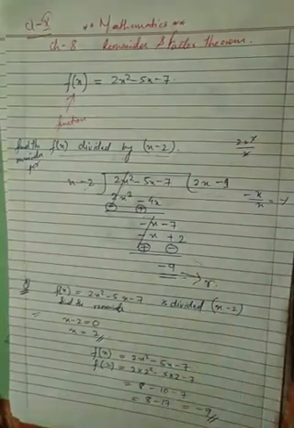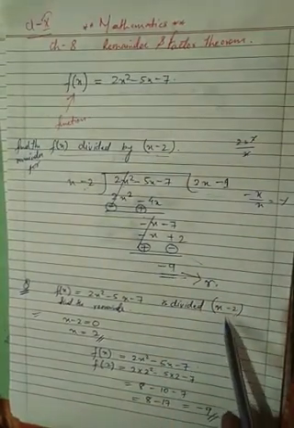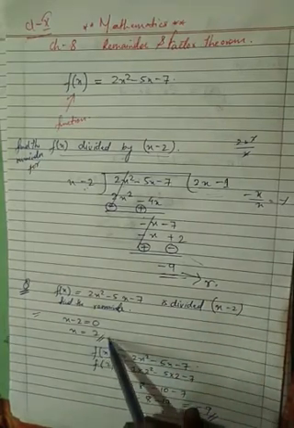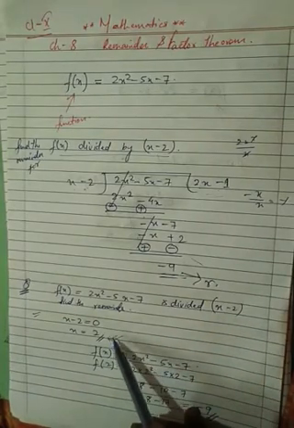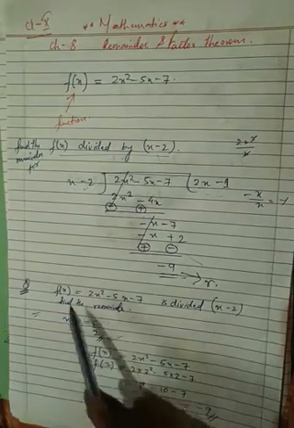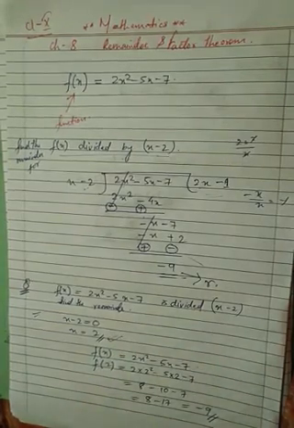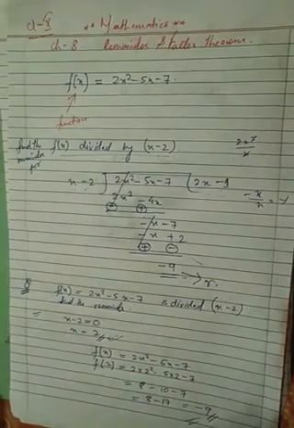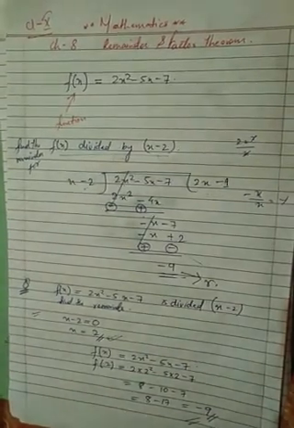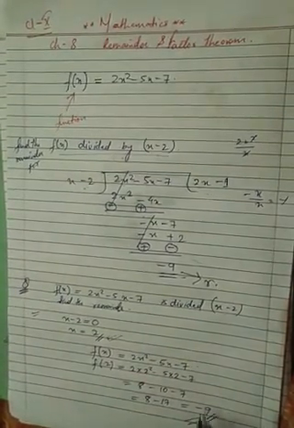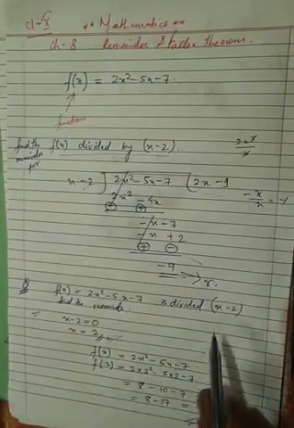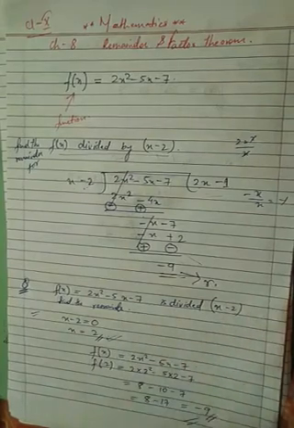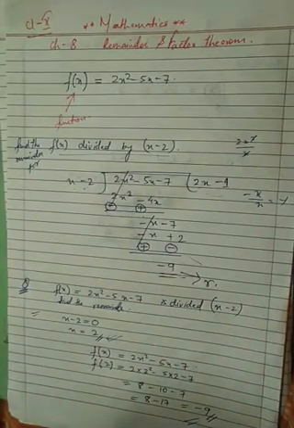Now this remainder can be found in the remainder theorem by equating your divisor to 0 and getting the value of x first. Once you get the value of x, substitute that value of x in the function of x given and you'll get the remainder. Okay, this is how we find the remainder using the remainder theorem. Clear? In case you got the remainder as 0, it means what? That x minus 2 is a factor of 2x minus 5x minus 7.